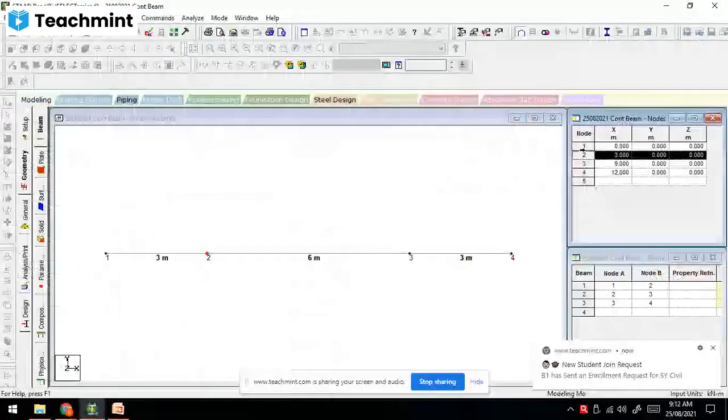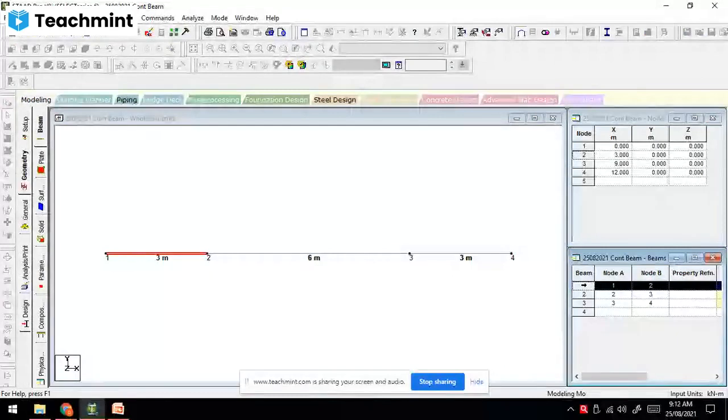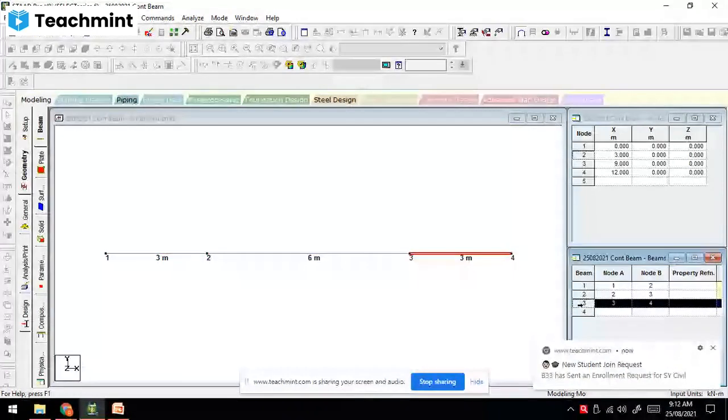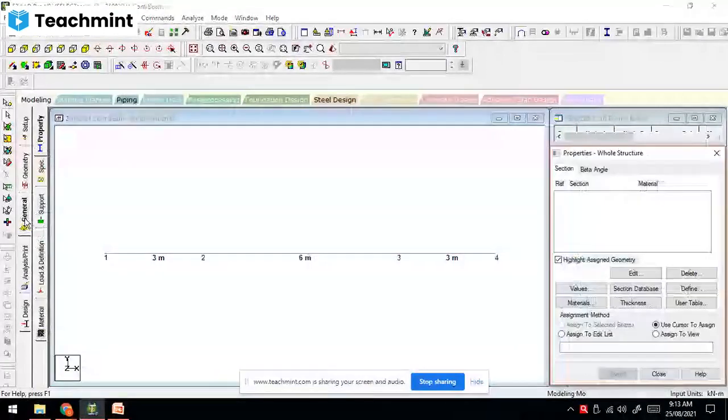So these are the nodes. Then the beam numbers. If I click on the right window, you can see on the screen beam number 1 is displayed, connected between node 1 and node 2. Then beam number 2 is connected between node 2 and node 3, and beam number 3 is connected between node 3 and node 4. Okay, this is the basic that maybe all of you know, right? Now we will go further. Any difficulty up to here? Any difficulty?